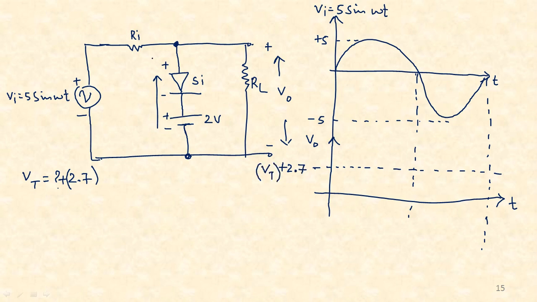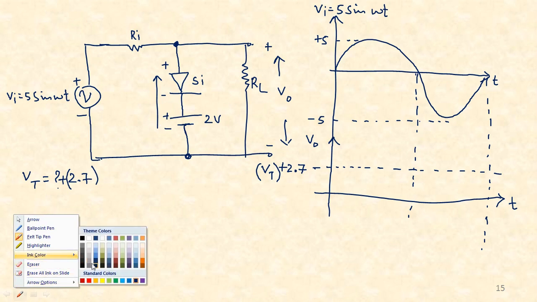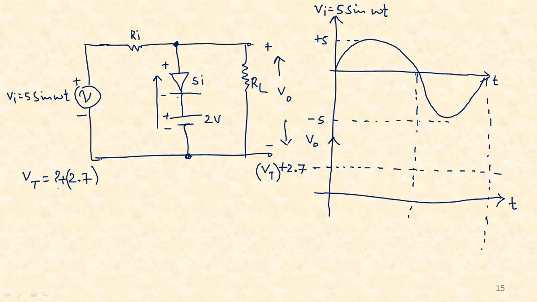Now you will have to tell me what will be the status of the diode due to the input signal. But before that, what is the battery trying to do to the diode? Whether the battery is trying to switch on the diode or switch off the diode during the positive half cycle. Switch off the diode. Okay, let us verify. Yes, we are applying positive voltage to the cathode and negative to the anode. That means due to the battery, the diode is switched off.